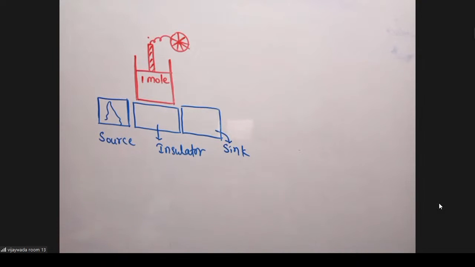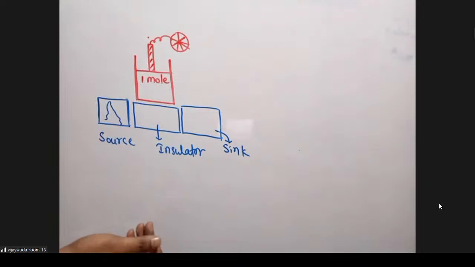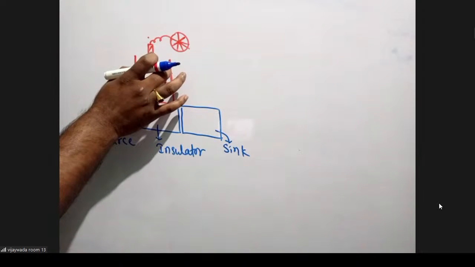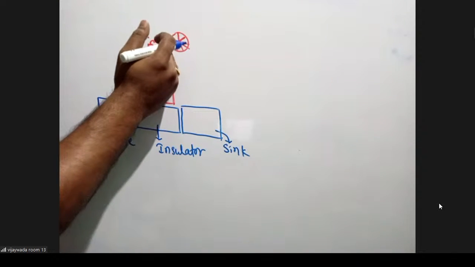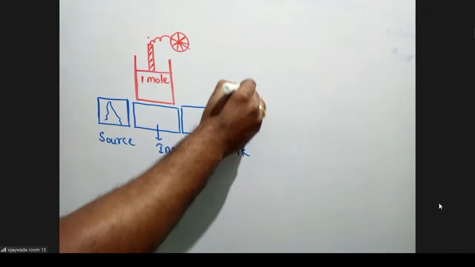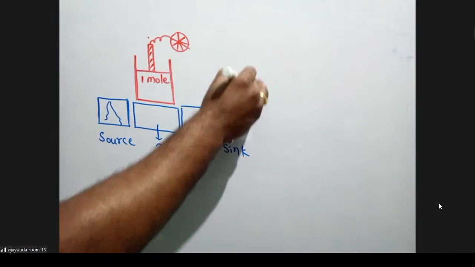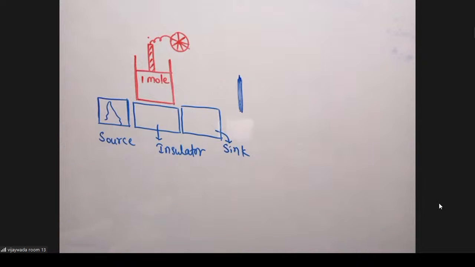And the third process is the sink is attached to the base. What is the use of the sink? It is a cold reservoir. Whatever temperature is present here will reduce, so the piston moves downward, because compression takes place. And finally the insulator is again attached, that is an adiabatic process, and the piston moves downward. So the piston moves upside and downside. It is a continuous and very fast process, so the wheel rotates. With the help of the rotation of the wheel we can run vehicles. Are you getting my point, students?